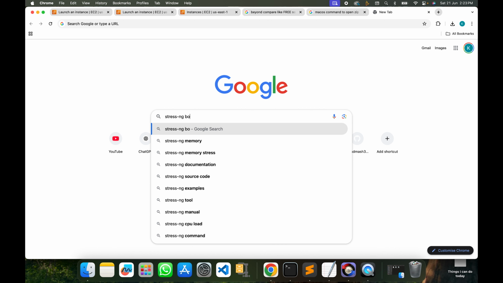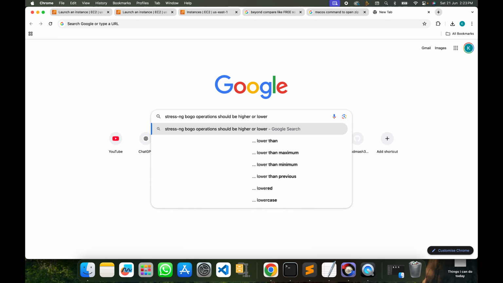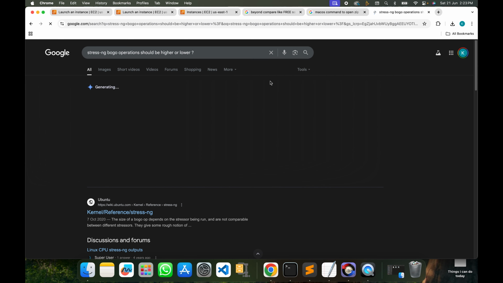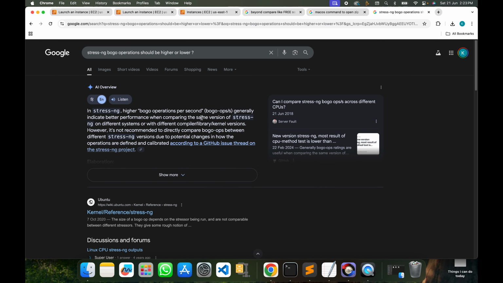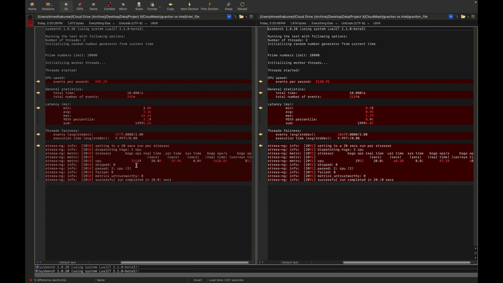Should stress-ng bogo operations be higher or lower? According to my understanding, these are the number of matrix operations, right? They indicate bogo operations, and higher indicates better performance. Like the name suggests, these bogo operations are the matrix operations we have transferred to